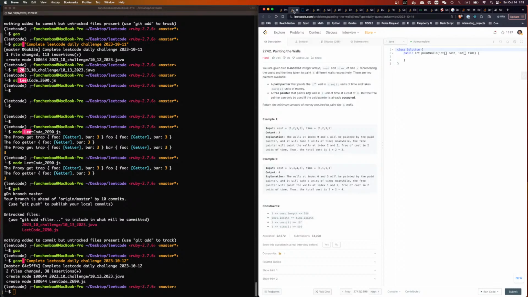Thus, the total cost is 1 plus 2 equals 3. So the paid painter, if it paints the first one, it costs time 1. So I have to use the paid painter because I cannot use the free painter. It can only be used when the paid painter is occupied. But the free painter will paint